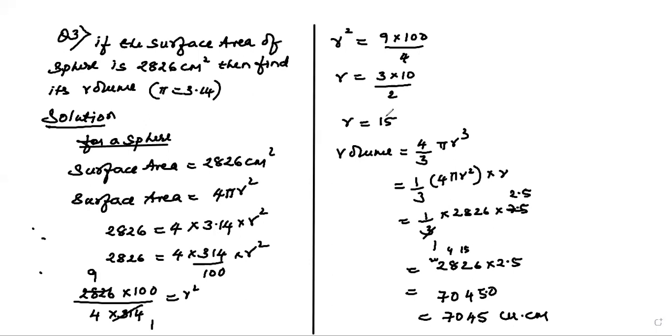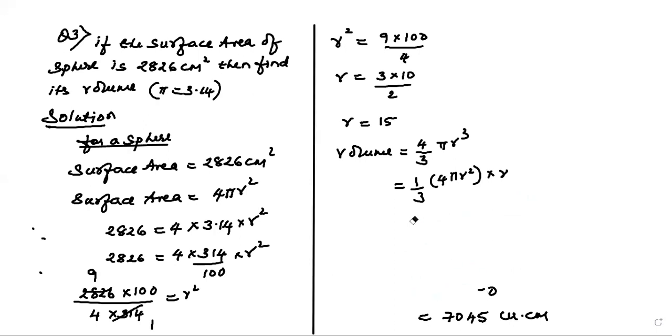Once you get the radius as 15, now how do we go about, children? Volume is 4 upon 3 pi r cube. So naturally, these things were wrong, children. Some calculation mistake. I thought about it, stopped, rechecked it in my notebook, and got it right. 1 upon 3, what is 4 pi r square, children? 4 pi r square is